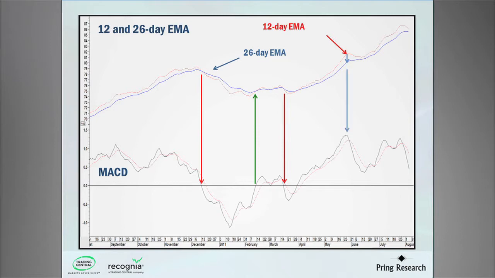The red dashed line is known as the signal line, and it's a 9-period EMA of the MACD itself. The signal line generates momentum